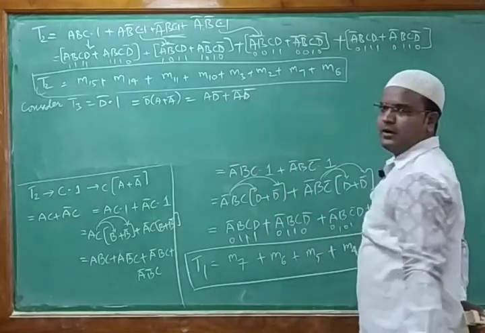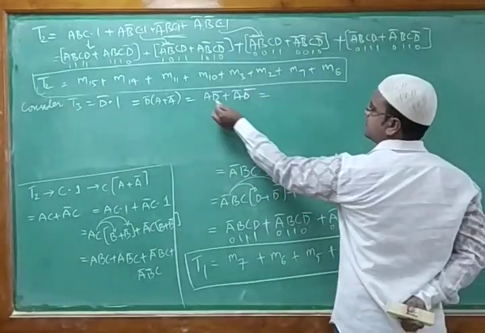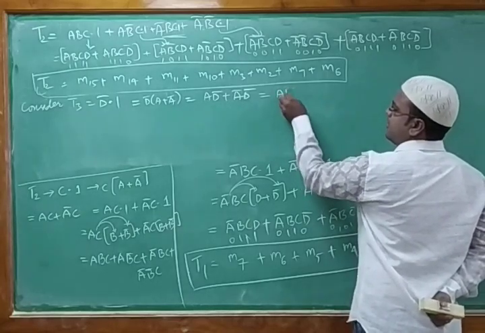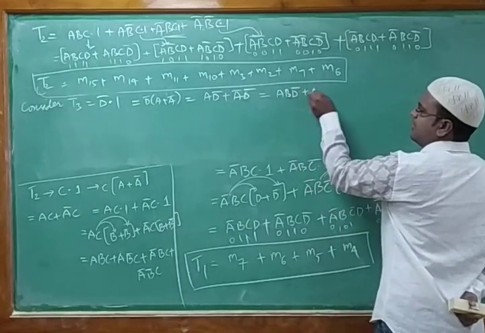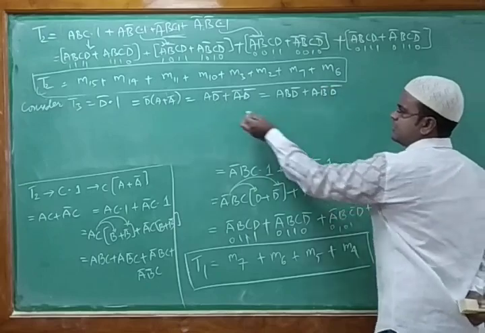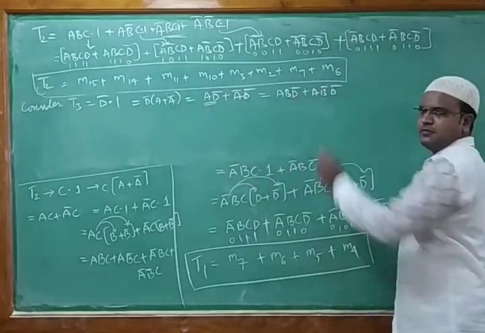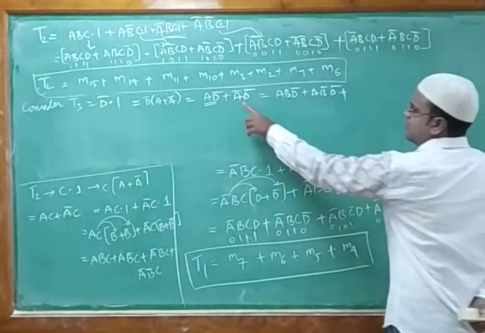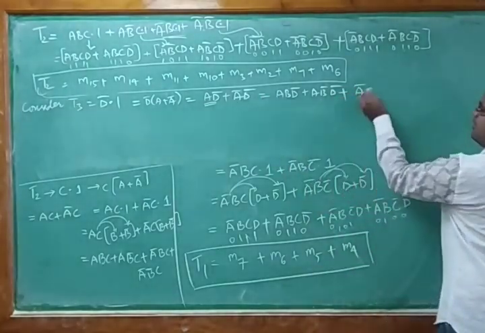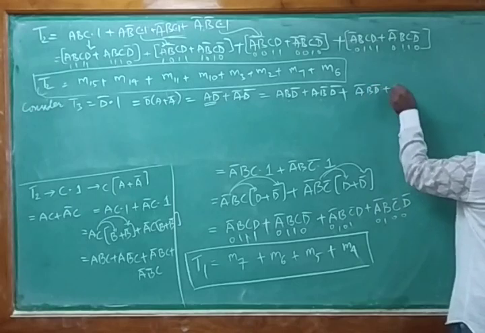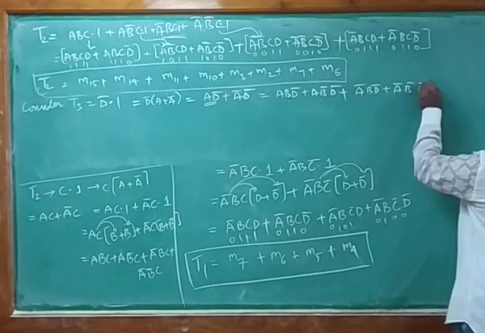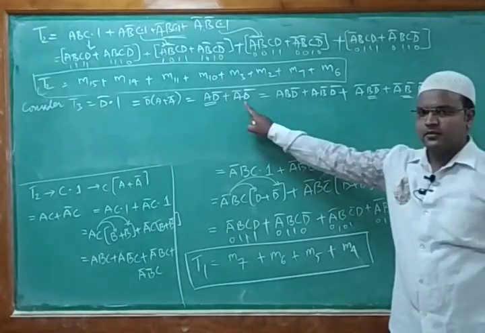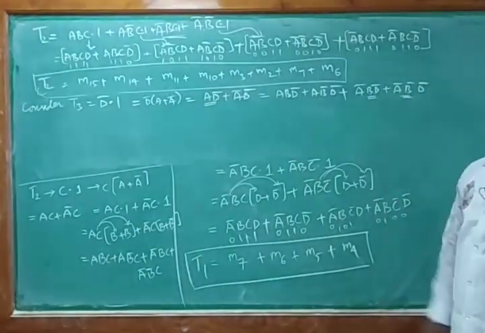So again I am multiplying both with B. So I can write this one A D bar, A B D bar plus A B bar and D bar. So first for this term I multiply B plus B bar. It's nothing but 1. Directly that number I am writing. Plus for this term I can write A bar B D bar plus A bar B bar and D bar. Again for the next term I have multiplied 1, that is nothing but B plus B bar.